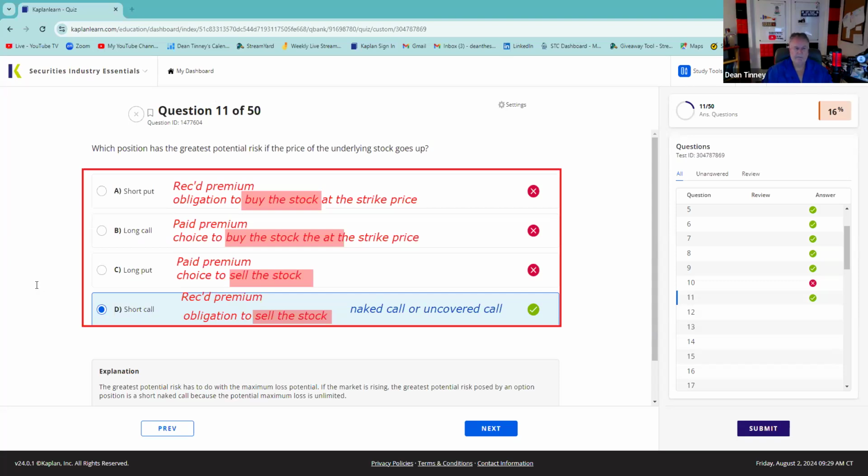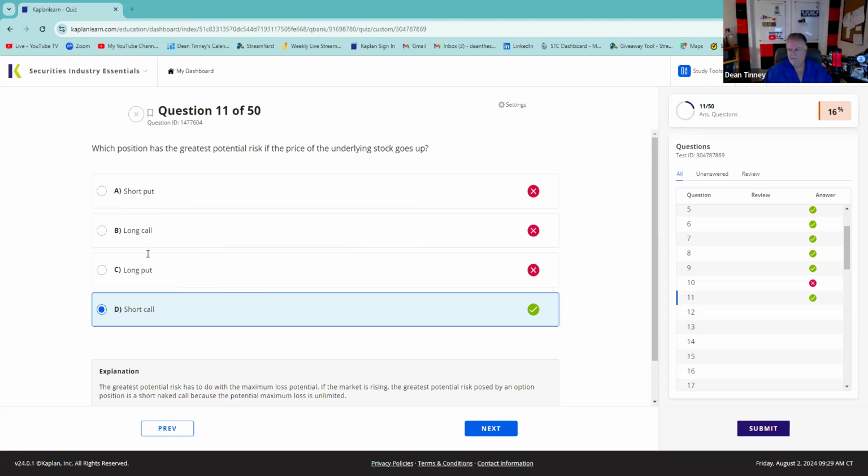As I said, I think the most important thing is this answer set. Knowing that there are two types of contracts, calls and puts. You can either buy them or sell them. That buy and sell means long or short. And then poof, that's picking from those.